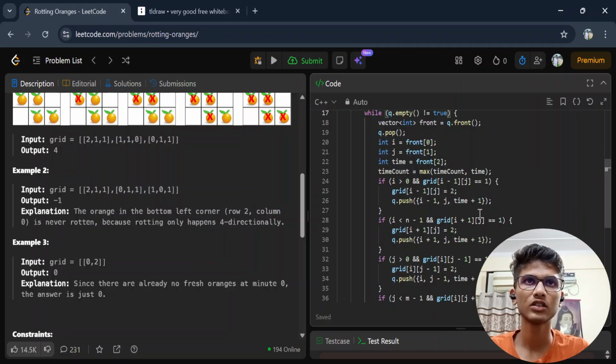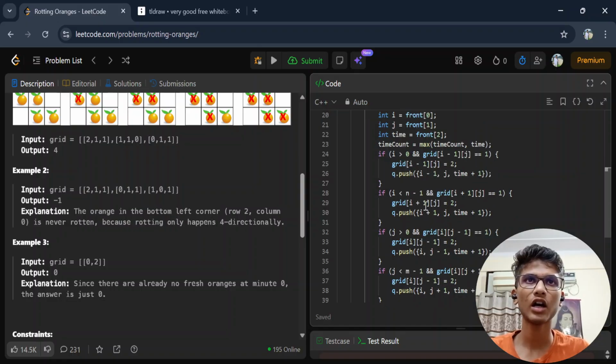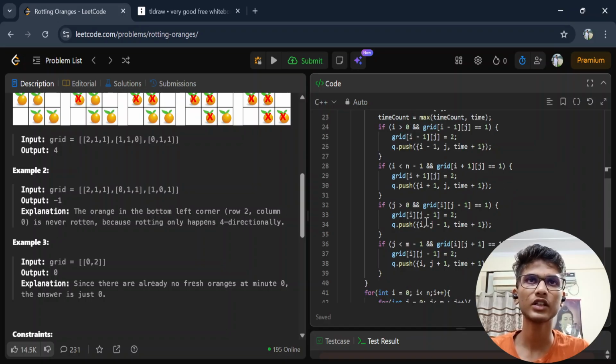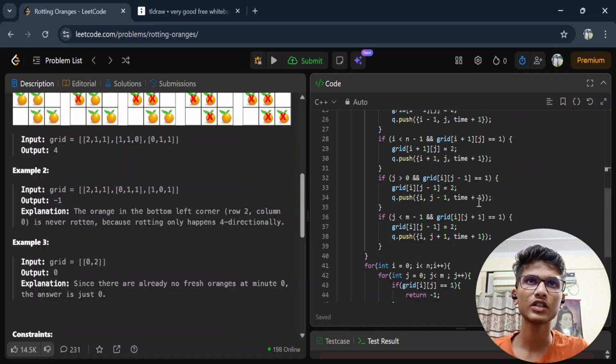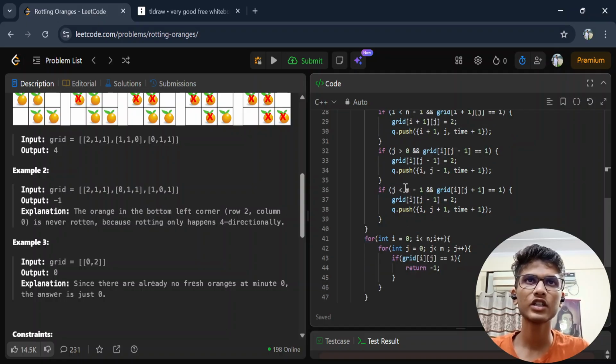I minus 1. If I less than n minus 1, okay, and we are doing I plus 1. Perfect, this is also good. And if grid of I plus 1 comma j is equal to 1, we are making it 2, and we are pushing its index, I plus 1, j, time plus 1. Perfect. If j is greater than 0, now for j we have to do the same task. So if j is greater than 0, do this. Okay, perfect. J plus 1 is equal to 2, and we are pushing it, time plus 1. If j is less than m minus 1,